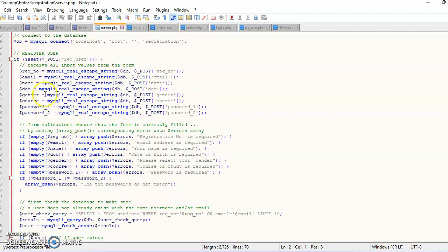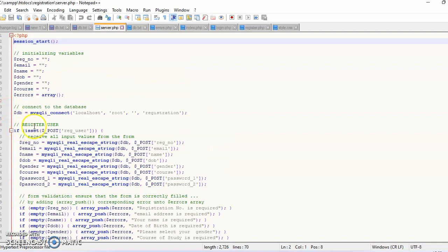The comments in the code pretty much explain everything, but I will highlight a few things here. This if statement determines if the register user button on the registration form is clicked. Remember in our form the submit button has a name attribute set to register user, and that is what we are referencing in the statement.